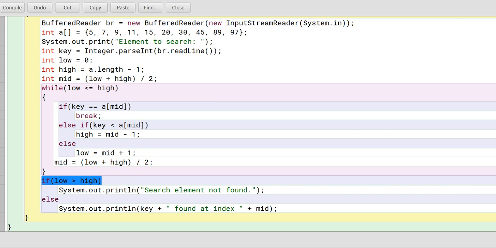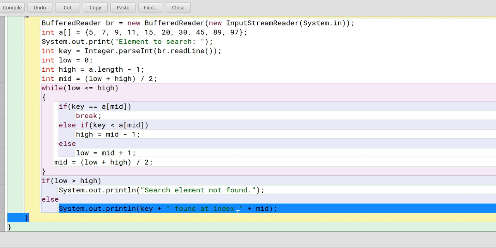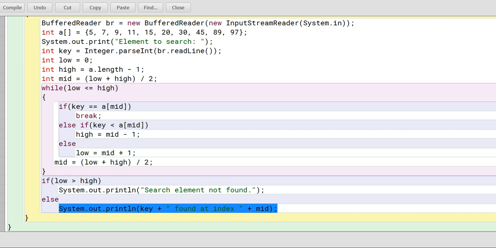The loop condition is true if low is less than or equal to high, and when this condition is false, it means low is greater than high. So your element does not exist in the given array. Otherwise, whatever value you have searched will be printed in the form of the mid element.